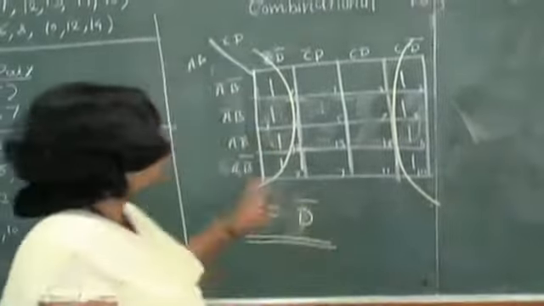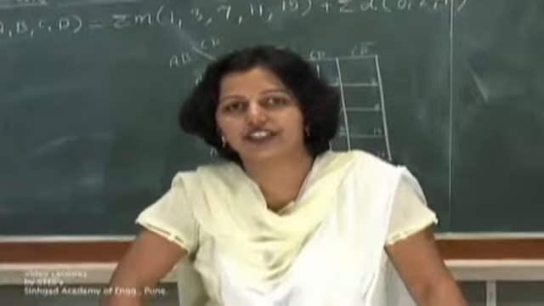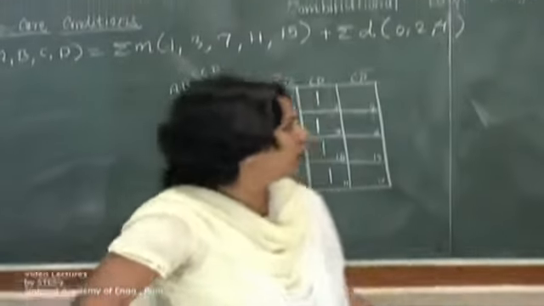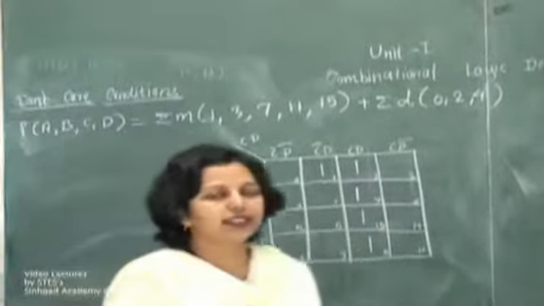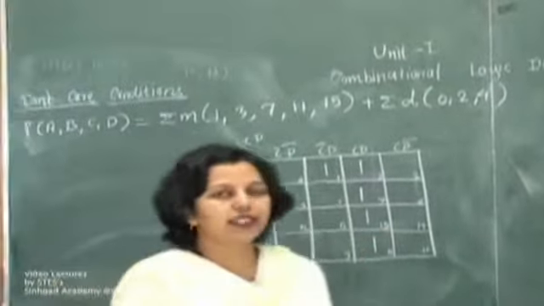In K-map there is one more term called a don't care condition. Sometimes in logic circuits, some input conditions never appear. So obviously the output related to that will never come. So those input conditions which are not occurring are called don't care conditions. That is represented using D, whatever the input combination. Okay. So I'll take an example for this.